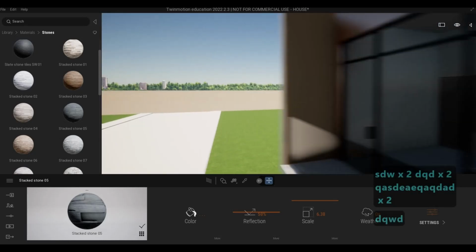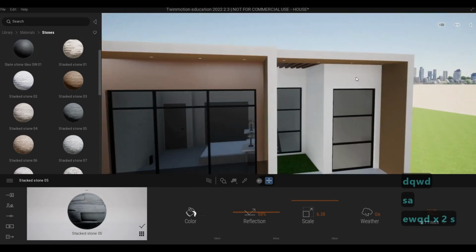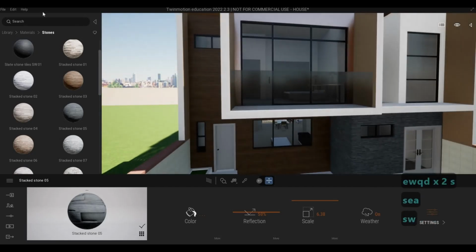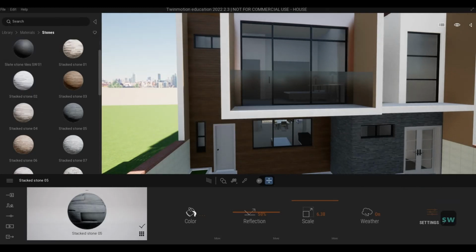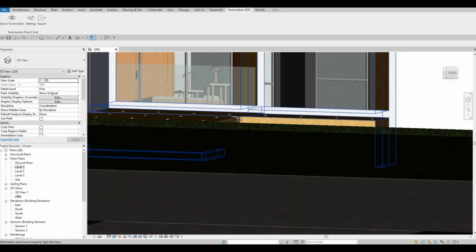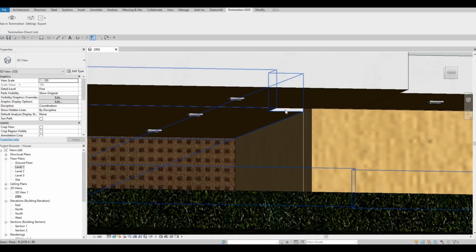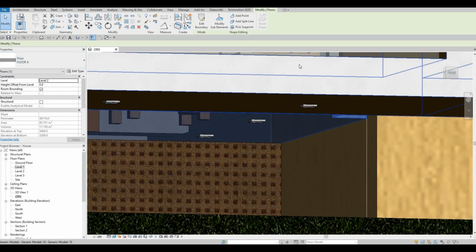And now we need to choose a material for this one, and then a material on this side. So now I need to save this first. I want to go back to Revit now in order for us to change this side. As you can see, we have a gap here as well that we need to fix. So I'm gonna edit boundary,